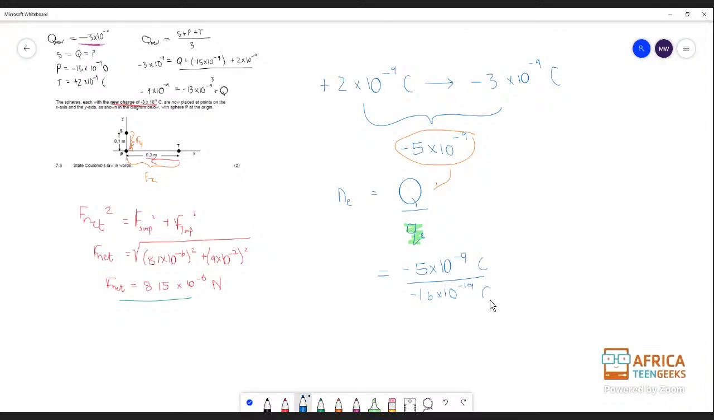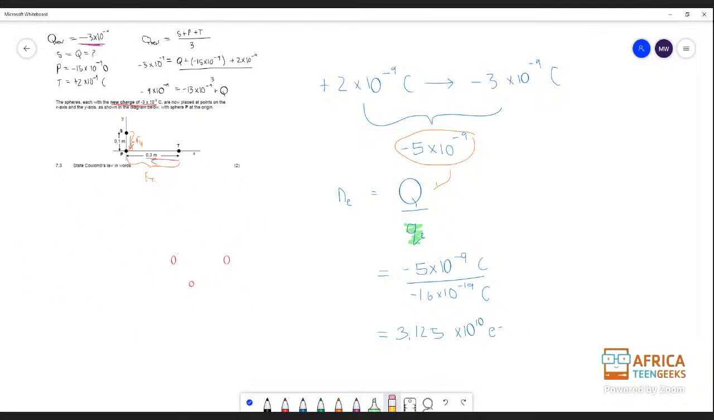So they're both in the same unit, so they're just going to cancel out. And if you plug that into your formula, you get a value of 3.125 times 10 to the 10 electrons. So that's a lot of electrons. And I'm not rounding my answer to 2 decimal places yet, because now we just know how many electrons we have. Once we know how many electrons we have gained,